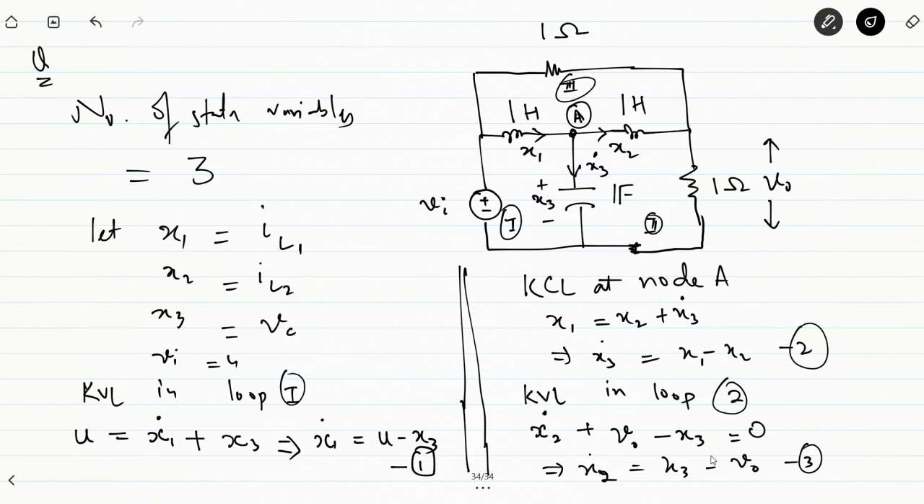On the right hand side you have an unknown variable, that is V0. We cannot represent a state space model in terms of V0. So we need to find out this V0. तो V0 को निकालने के लिए we have